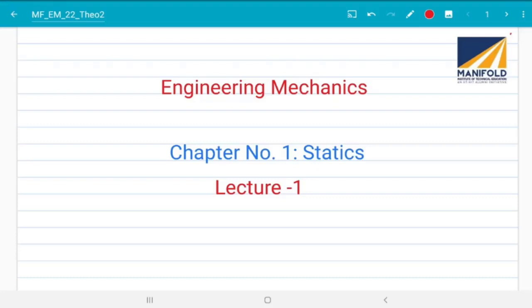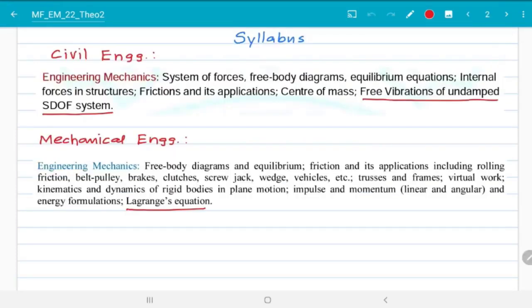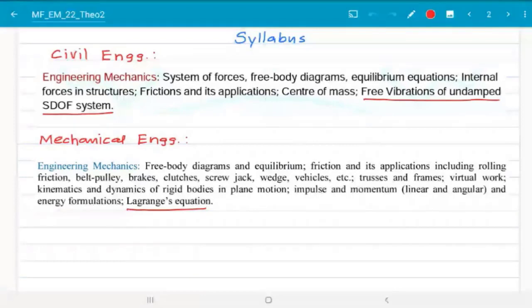Welcome you all to engineering mechanics, chapter number 1, statics, lecture 1. This is the syllabus for engineering mechanics for both civil and mechanical engineering. Since students from both departments are here, we are highlighting both syllabi. Both are the same. First we will go through the syllabus for civil engineering